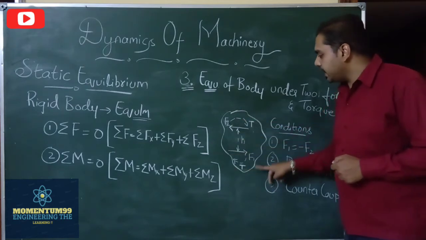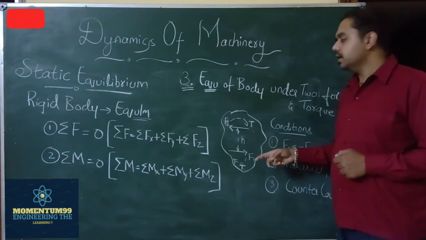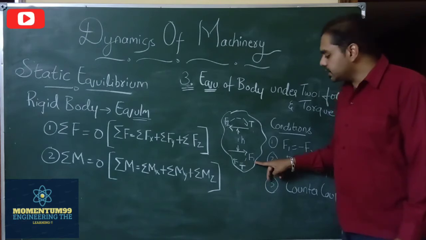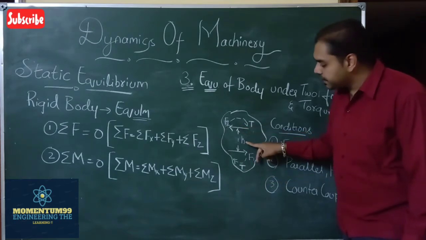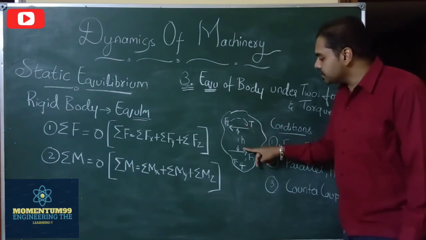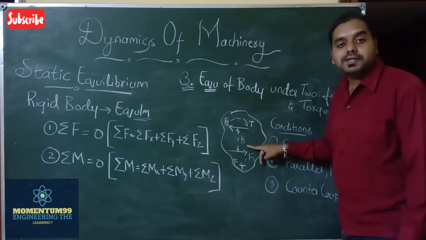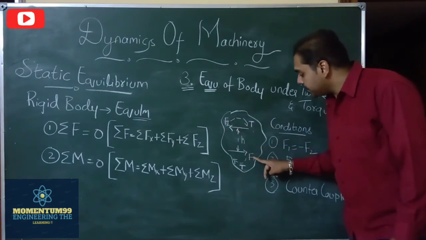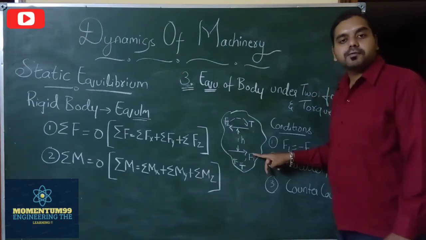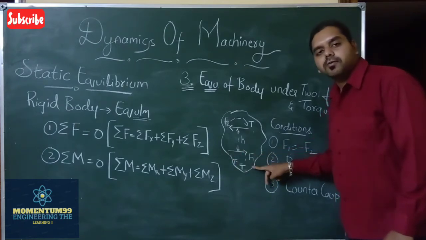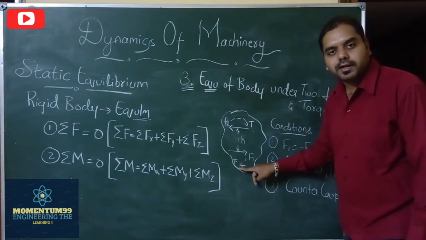Here you will be considering two forces. This line of action indicates F2 and this line of action indicates F1, such that F1 and F2 are separated by a distance denoted by h. Let's note this from the diagram. Since these forces are separated by a distance h, there will be generation of couples because of the application of the forces F1 and F2. Because of the application of force F1, the reaction couple or reaction torque produced will be in the opposite direction of F1. So if F1 is acting towards the right, the torque will be acting in the opposite direction at this point of line of application.